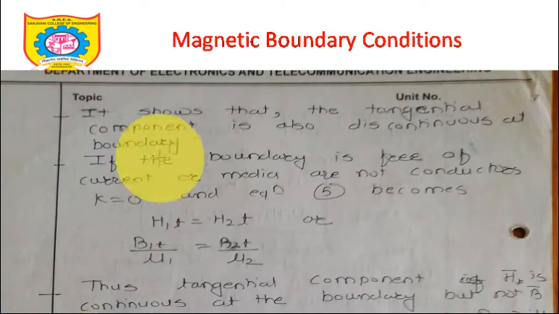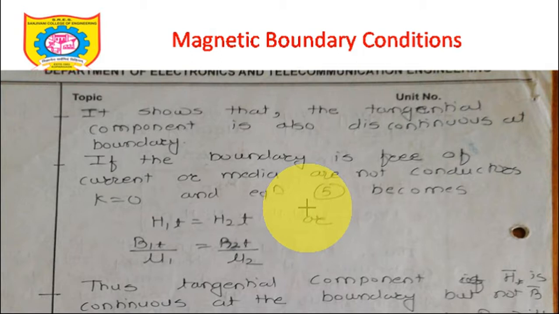It shows that the tangential component is also discontinuous at the boundary. If the boundary is free of current or media or conductor, K equal to 0, then we can write H1t equal to H2t, and now you can make the statement: if K equal to 0,